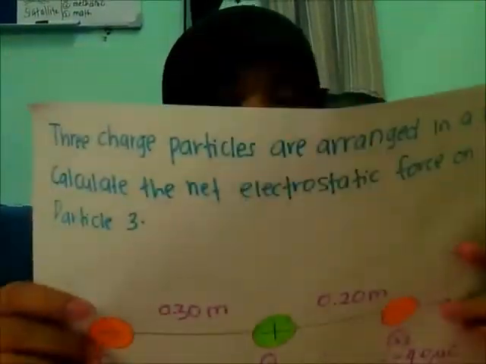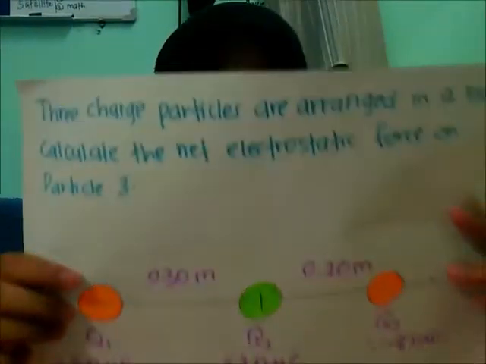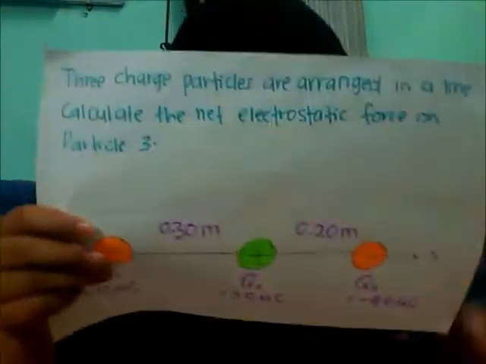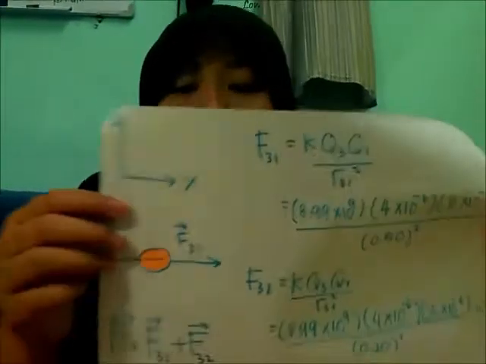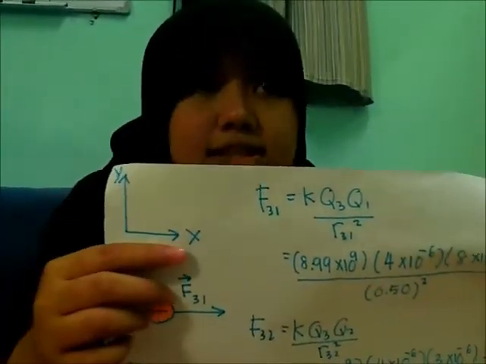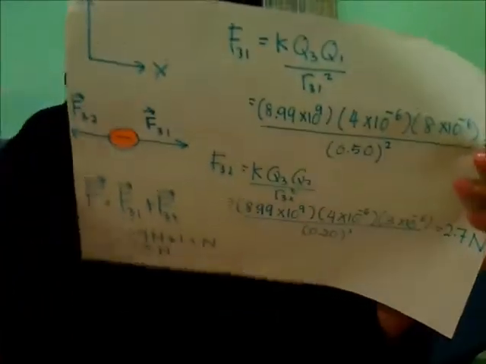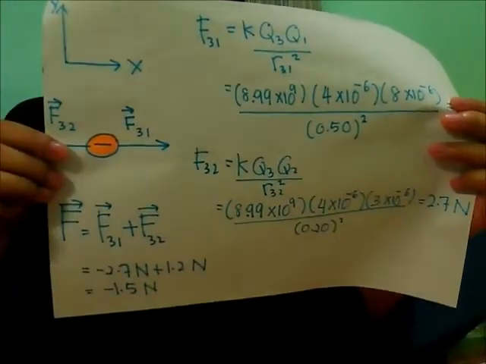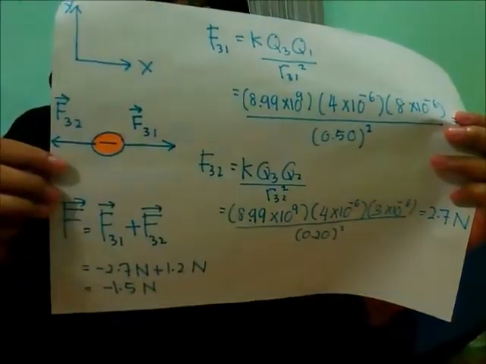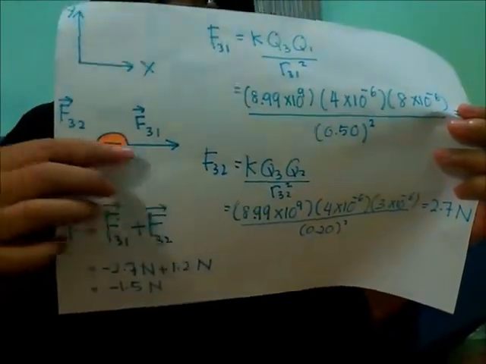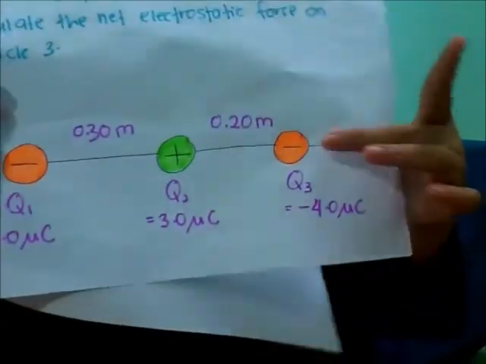Okay, first, when you have this kind of question, you need to resolve it step by step. First let us resolve the direction. This is the y-axis, this is the x-axis. Before, I already mentioned that we need to keep in mind that the direction of the electric force is always along the line joining the two charges.